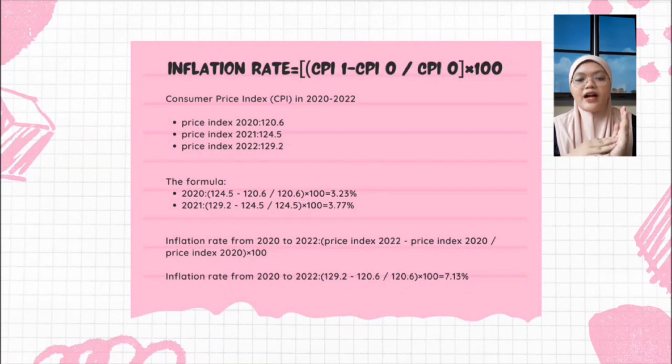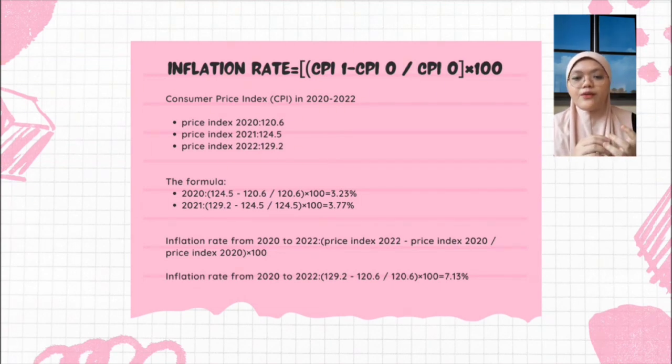124.5 minus 120.6, divided by 120.6, times 100, equals 3.23%. In 2021, 139.2 minus 124.5, divided by 124.5, times 100, equals 3.77%. For the calculation overall from 2020 to 2022, which is 129.2 minus 120.6, divided by 120.6, times 100, equals